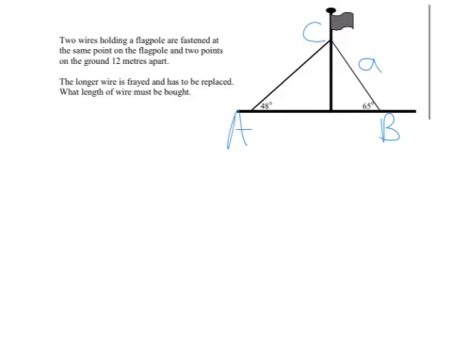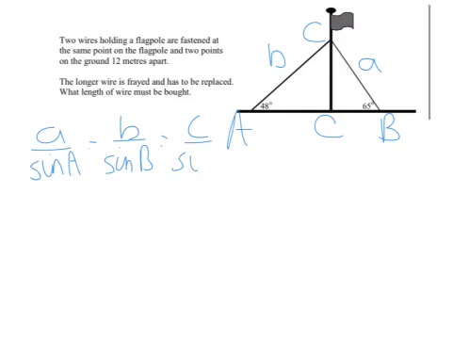So this is side A, this is side B, and this is side C. And I have A over sine A equals B over sine B equals C over sine C. Okay, so two wires holding a flagpole are fastened at the same point on the flagpole, and 2 points on